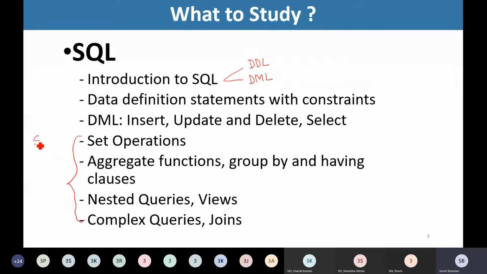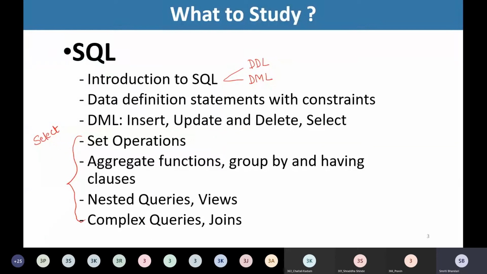So the select statement is used to extract information from the relations. There are many different constructs under the select statement. We are going to look at set operations, aggregate functions, group by clause, having clause. Then we are going to see nested queries and views, and also we will learn how to write complex queries using SQL and joins.